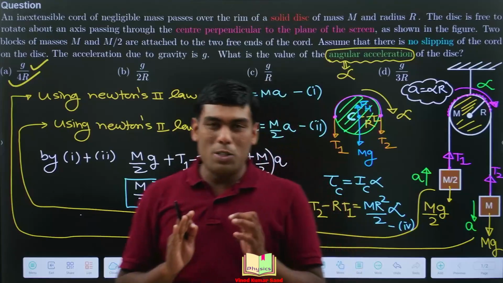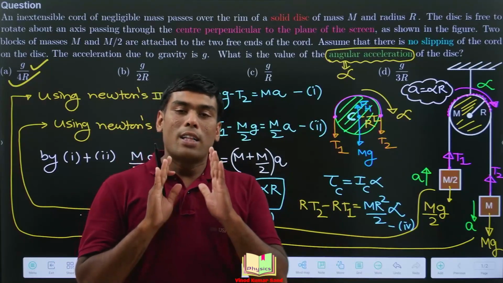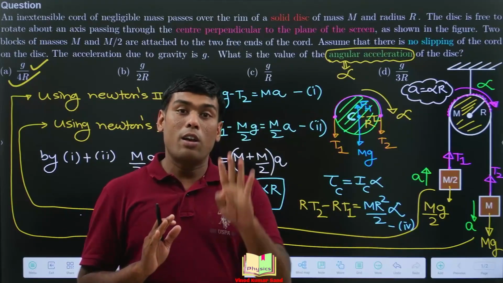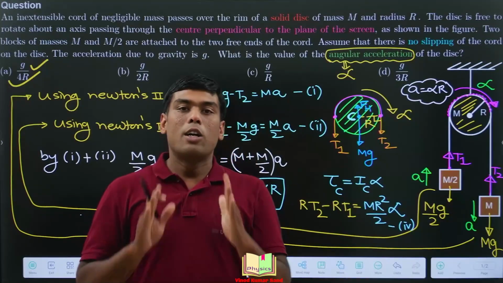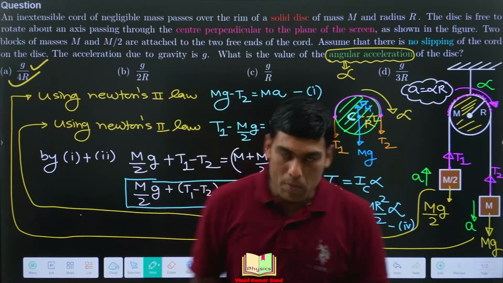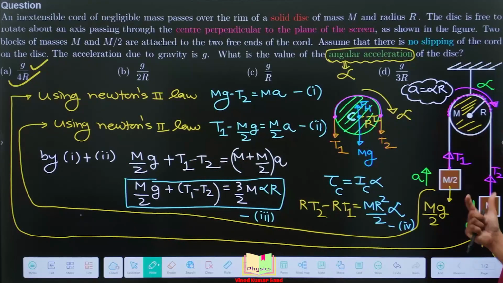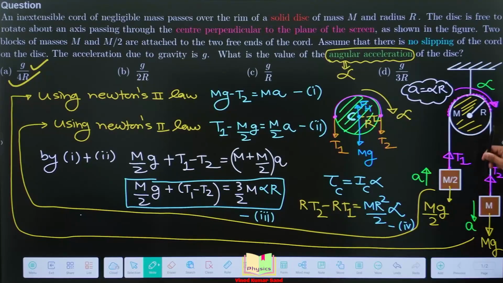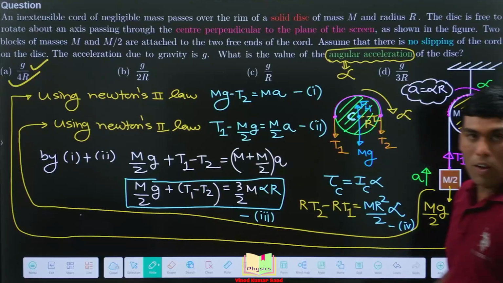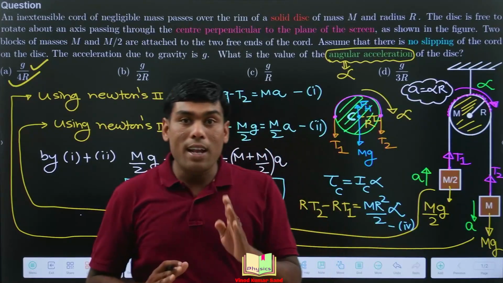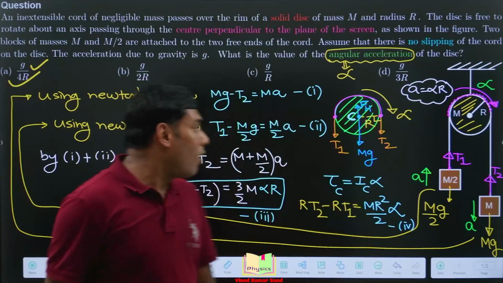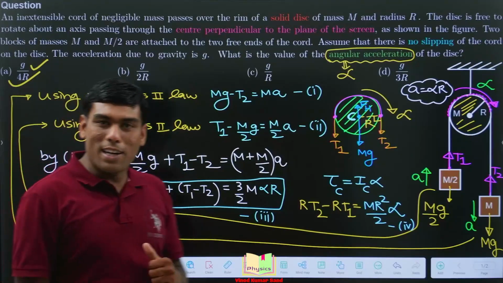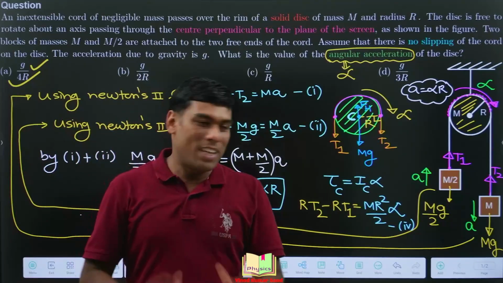So the concept is pretty simple for such question. You can solve such question in 4 steps. Number 1, draw the free body diagram. So we have made the free body diagram. Number 2, assume a, alpha. We have taken the a and alpha in the proper manner. And then use Newton's second law. We have used Newton's second law here. And finally use